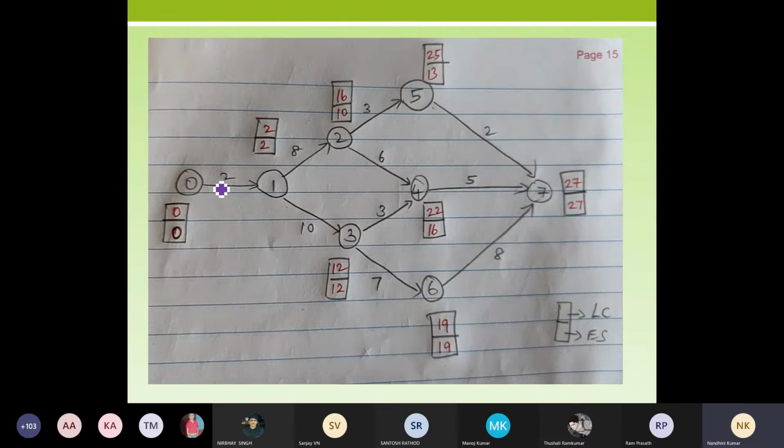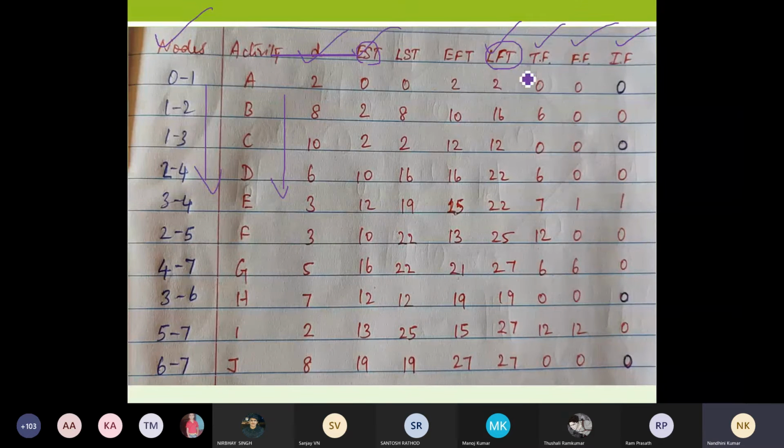When you come to this node, that is from 0 to 1, your early start is going to be this. You started with this, so this is your early start. So 0 to 1 means you end up in your first activity. That time you have to mention this 2, that this is your latest completion time. So I am mentioning 0 as my early start and 2 as my latest finish time. Likewise, I have taken the first node. You have to list it for all the nodes. For each and every node you have to consider, and you have to list all your EST and your LFT values.